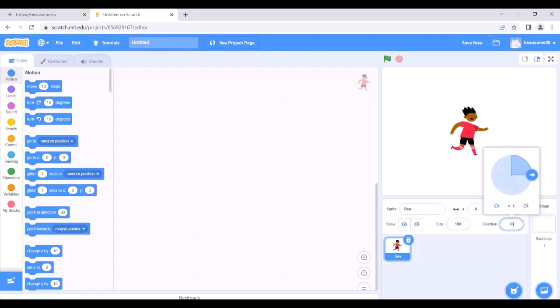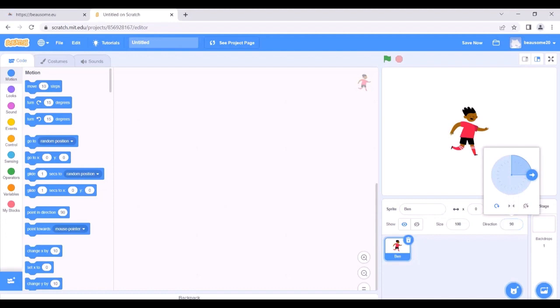Now I will move to the direction tab. With the direction tab, we can change the degrees and automatically our sprite will change the way it looks. So for example, 180 will look like this. If I put it back to 90, it will look like this.